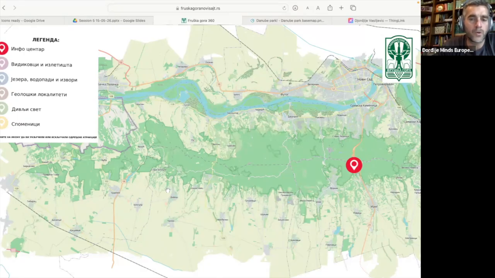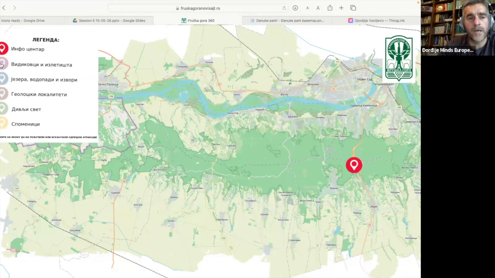It was done by me and 2 of my colleagues for this national park. Here in the upper right corner is the city of Novi Sad, and Fruška Gora is really a big national park. It is 80 by 30 kilometers in size. This is why we had to choose some locations which we wanted to present. Unfortunately, this interactive map or virtual tour is in Cyrillic, so you will probably not be able to read anything. But when the map loads, only the info center is shown on the map.